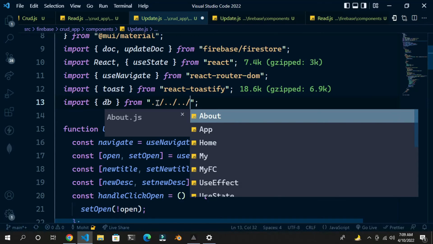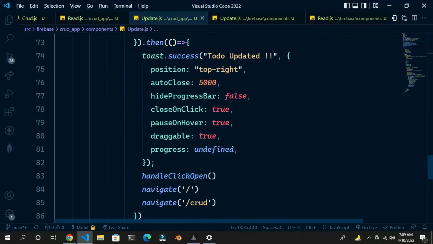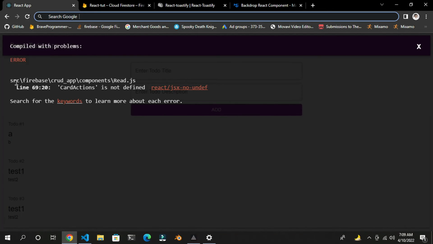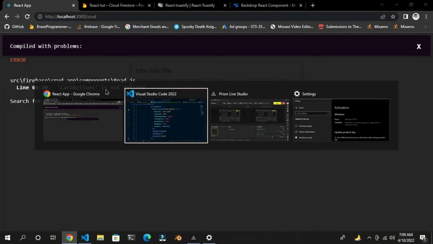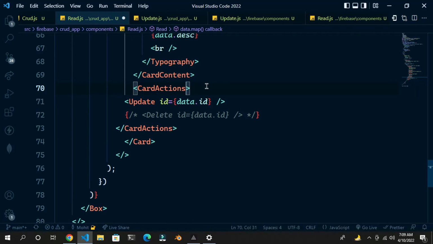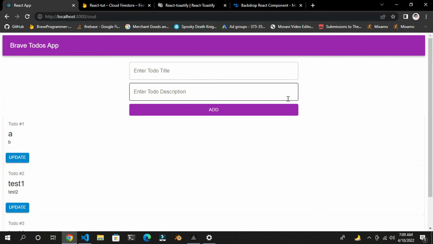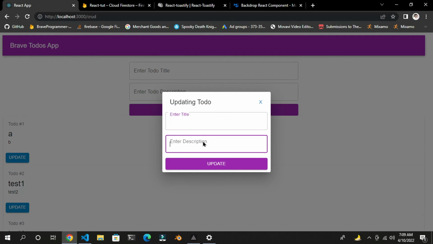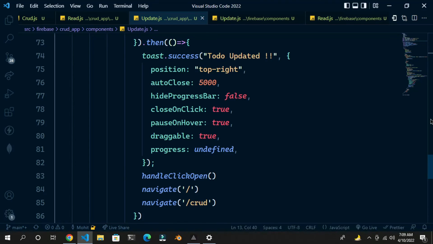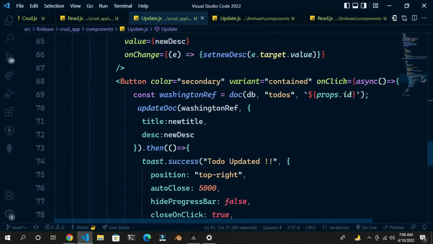Dot slash base here. It will be defined now. Card action not defined. Really? Read the base. Okay, I got the update button. So on click, I'm getting this nice dialog and these two text fields, where you are going to store the new state, and whenever I click this button,